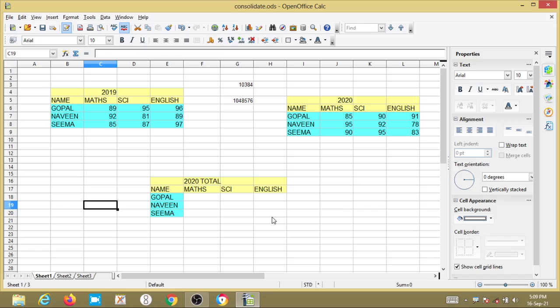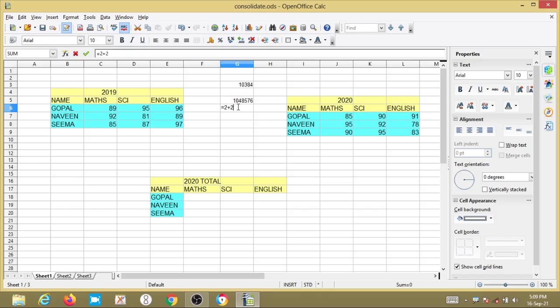If I want to perform any arithmetic operation in a spreadsheet, first we have to start with equal to. In arithmetic we write 2 plus 2, but in a spreadsheet we start with equal to 2 plus 2.